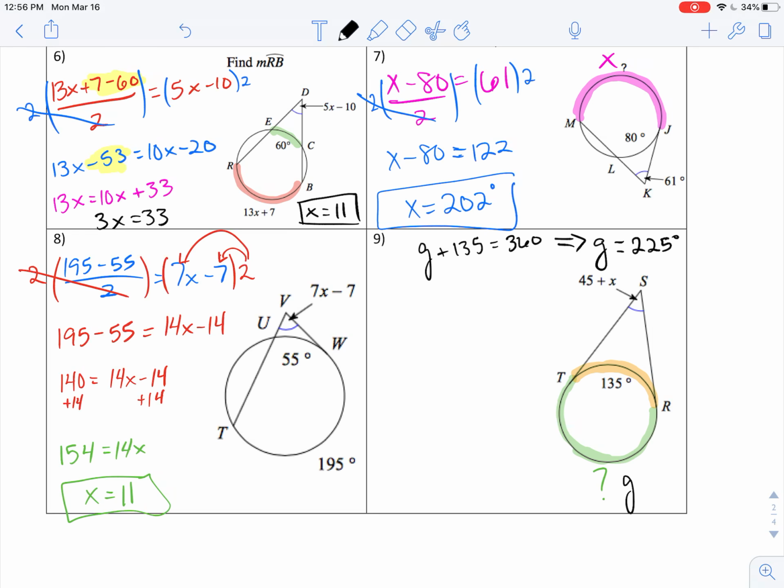Okay. So now I know what G is. So I'm going to take that and say 225 minus 135, because again that intersection is outside the circle. And I have to take that and divide it by 2 to get me 45